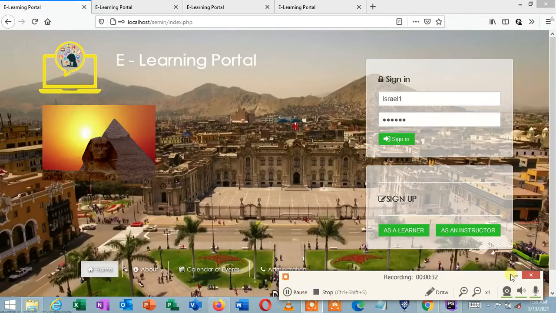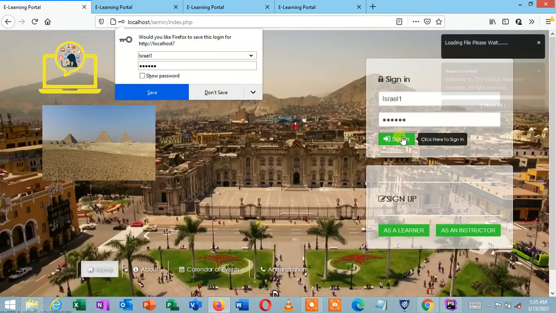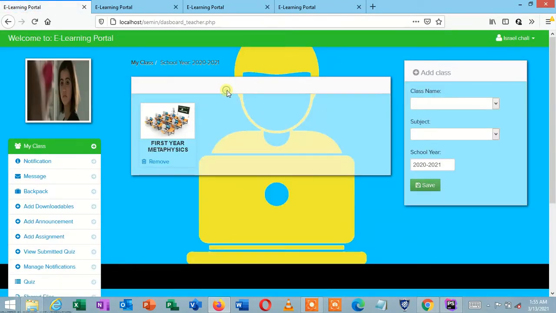So let's start with what a teacher can do inside this e-learning system. Let's sign in. First of all, a teacher can add a class which he or she can teach. Maybe let's say first year subject metaphysics. So if you had maybe first year subject methodology and save it,